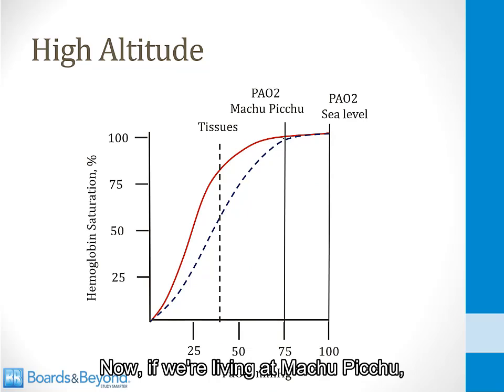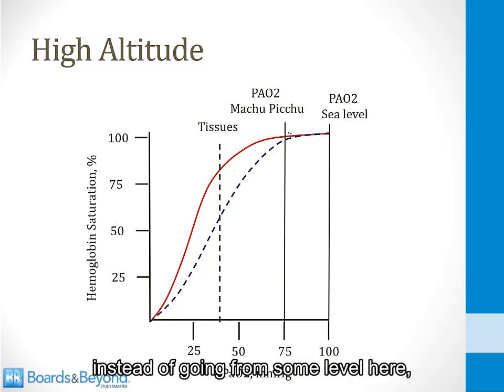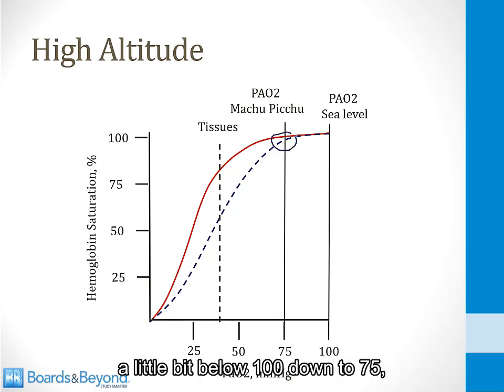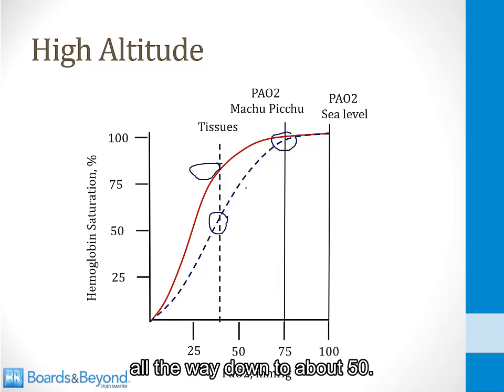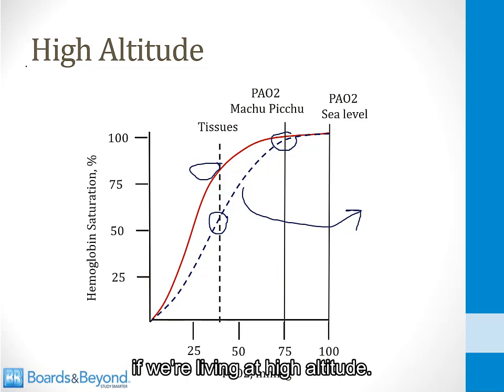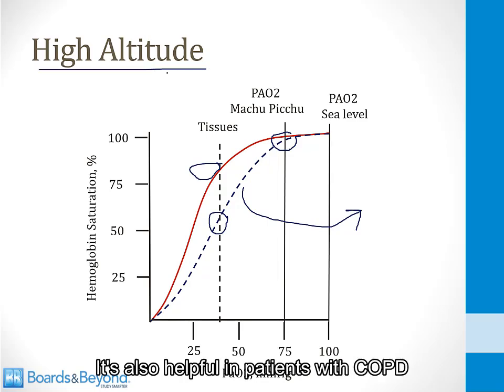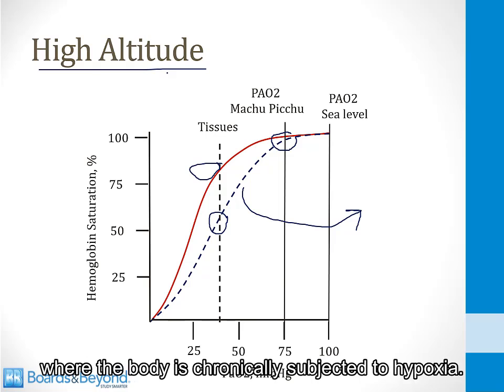Now, if we're living at Machu Picchu chronically with hypoxia all the time in our lungs, instead of going from some level here a little bit below 100 down to 75, we're going to go from whatever level we have in our alveoli all the way down to about 50. That's a significant increase in the unloading of oxygen, and that's going to be beneficial if we're living at high altitude. It's also helpful in patients with COPD and patients with chronic anemia, any situation where the body is chronically